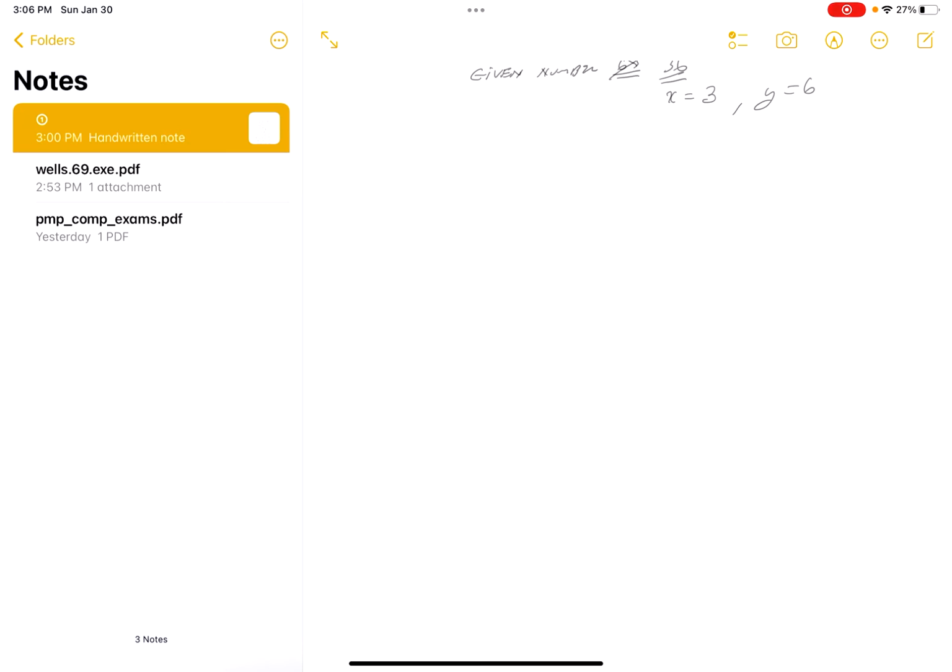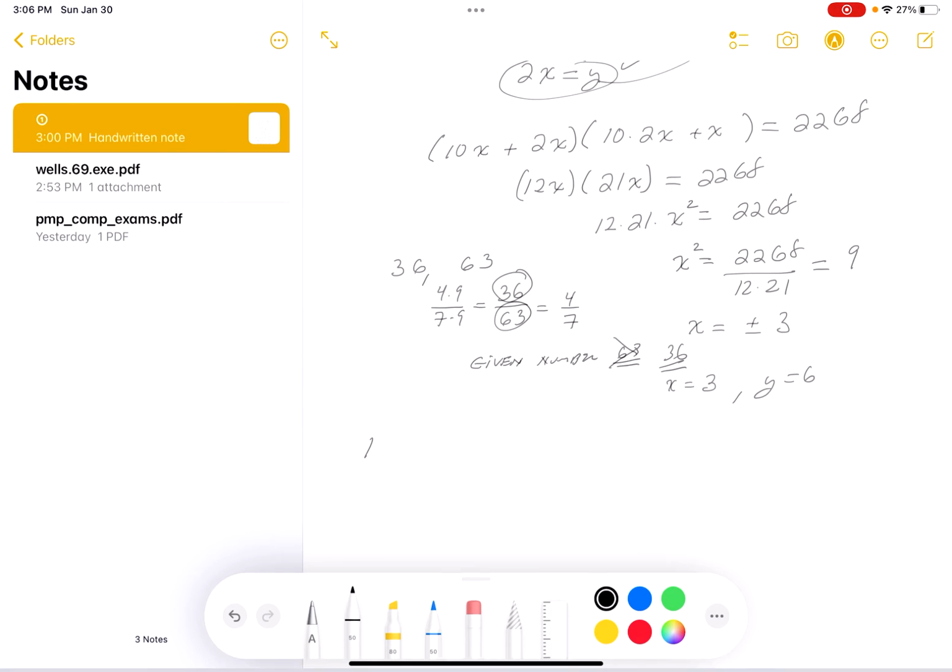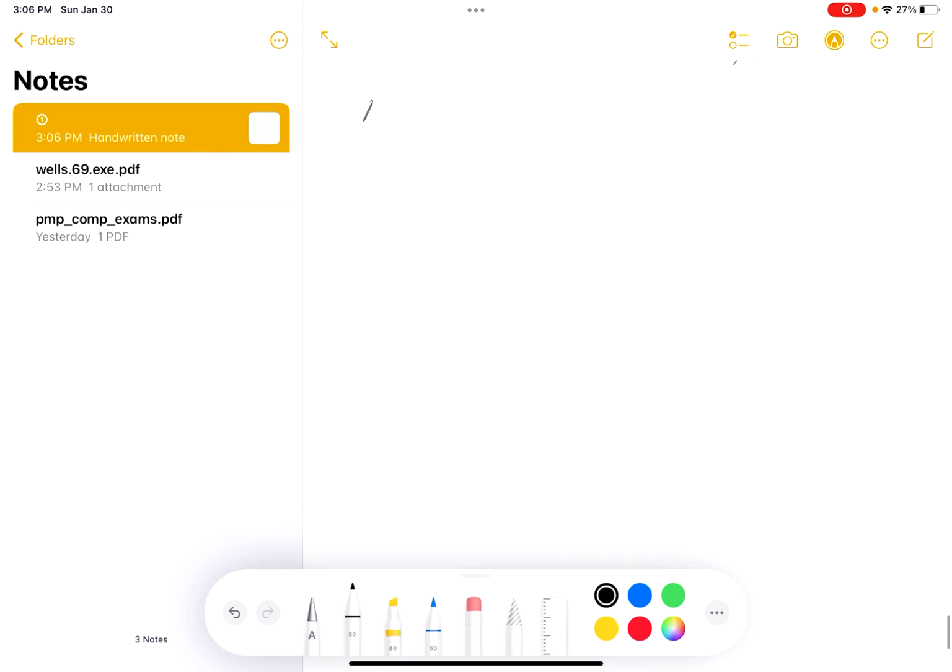All right, and this is number 11 again. I'll read it to you. It says, the square of the smaller of two numbers. So there's two numbers. I'll write this down where the numbers are X and Y. When I read things, I write things down to communicate to you what's going on in my head: there's two numbers, X and Y, and X is smaller than Y. It says the square of the smaller of these two numbers,